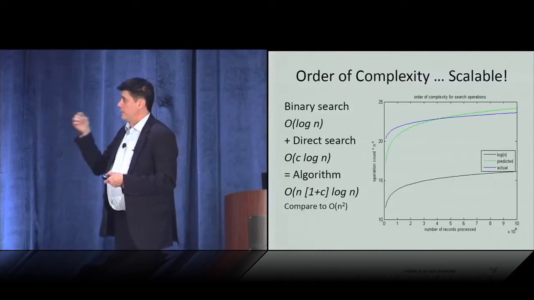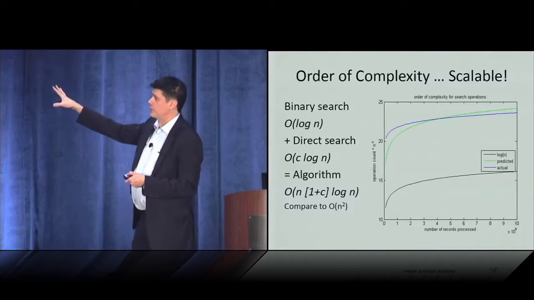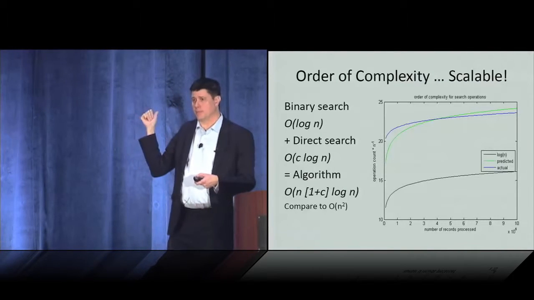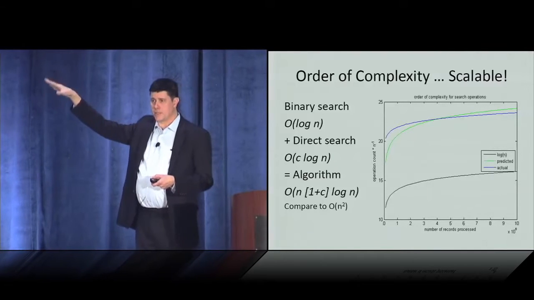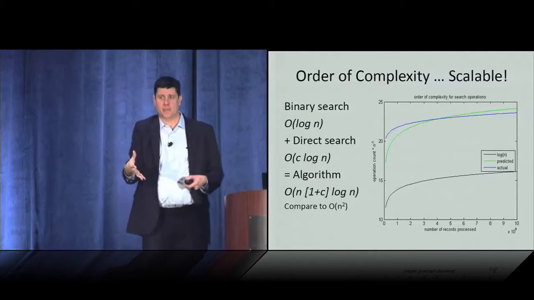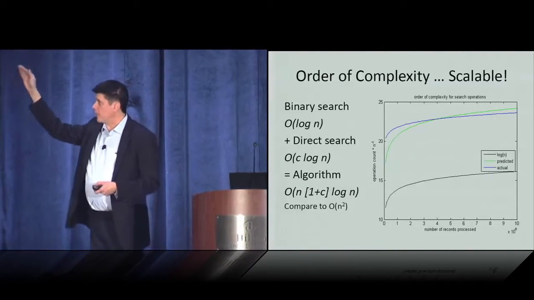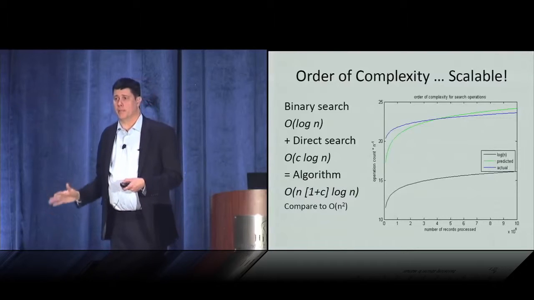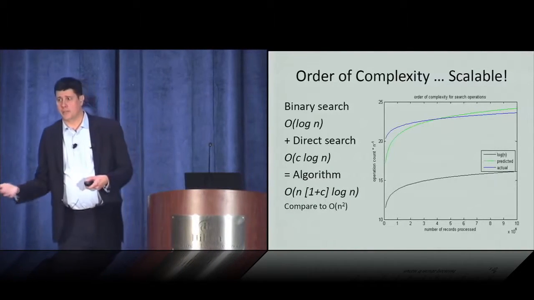For those of you that need a little more demonstration, this is just the support of what we did. As you keep processing more and more records, this combination of searches we do, and we have a draft publication I'll be happy to share with anyone that wants the details, is able to force the complexity down to n log n, or right about that point, which is a pass. That's something you can do.